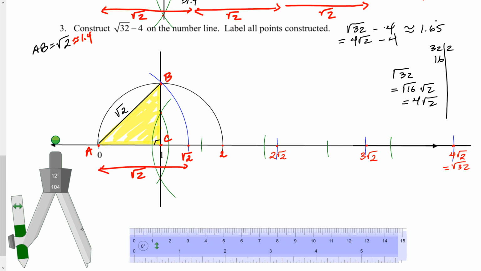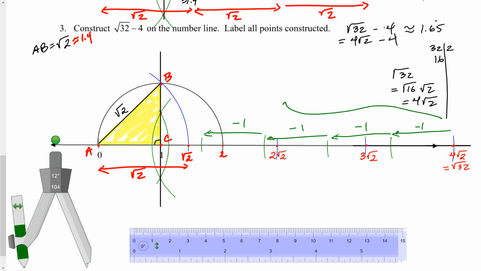Okay, so let's put this off to the side and let's label. So I came back 1 unit, 2 units, that's a minus 2, minus 3, minus, well, these are all minus 1, sorry. I shouldn't have labeled it like that. So minus 1, minus 1, minus 1, minus 1. So when you combine 4 negative 1s, you get a minus 4. So all of this right here is a minus 4 total. And this is where we end up right here. So let's highlight it. And this is the square root of 32 minus 4, which, as we said earlier, is right here,